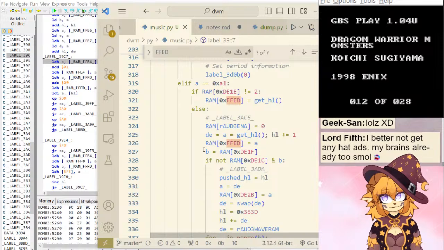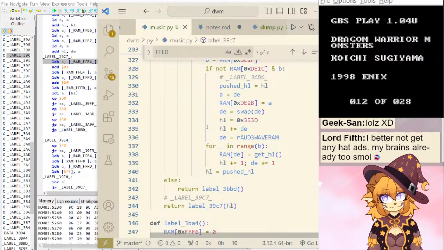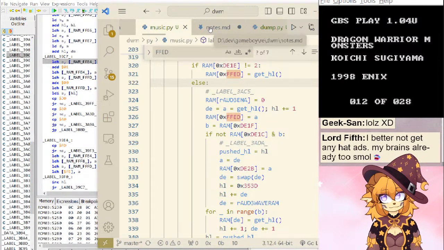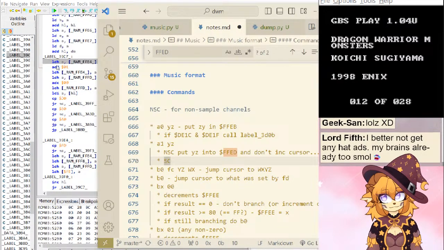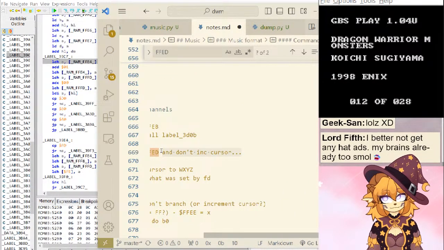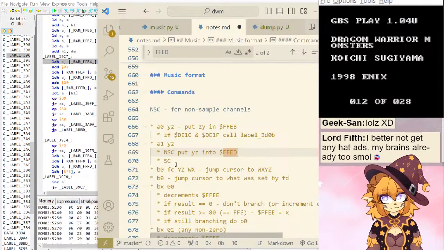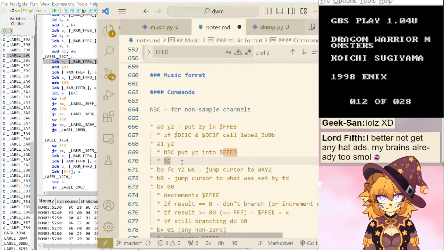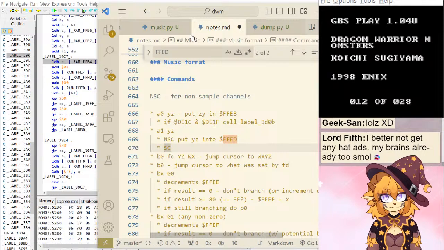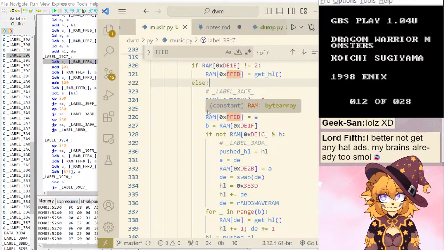So it is. So I guess it does increment the cursor before executing. Okay, so there's always going to be a +1. I'm just going to not think about it.